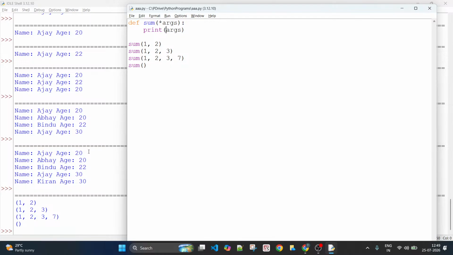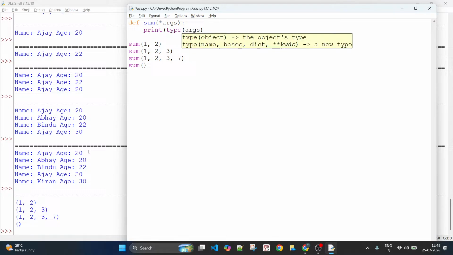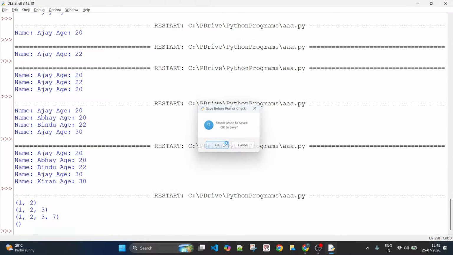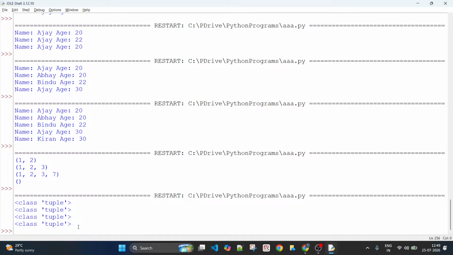Now if you print the type, you see it is a tuple.